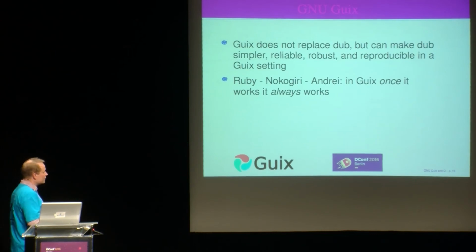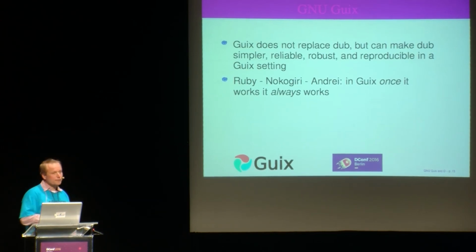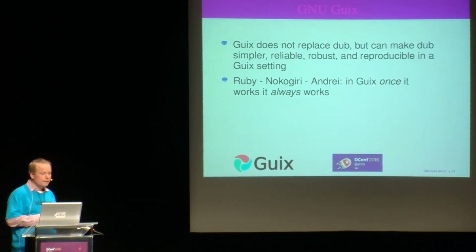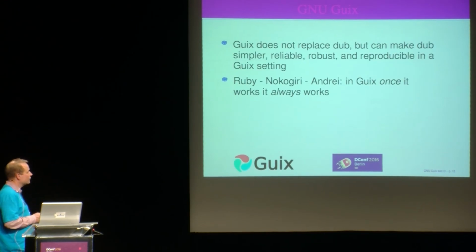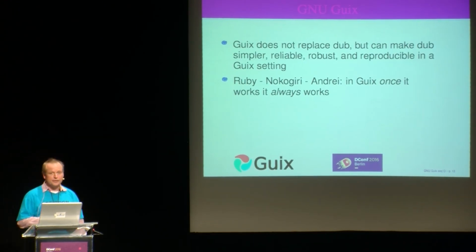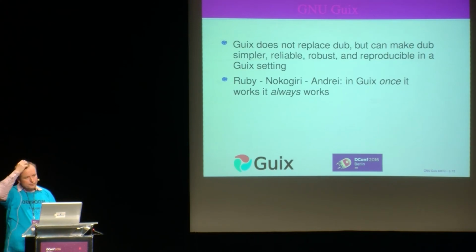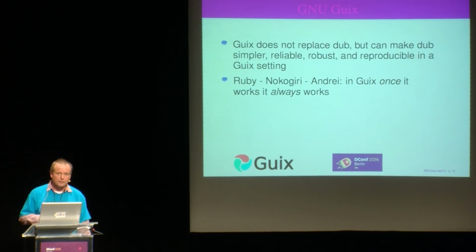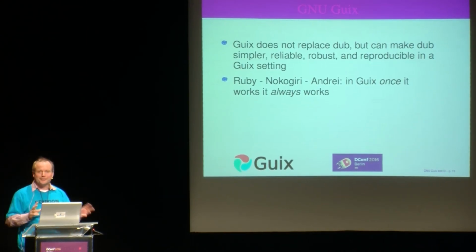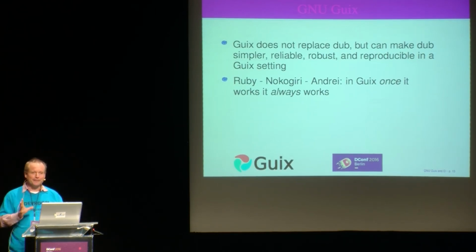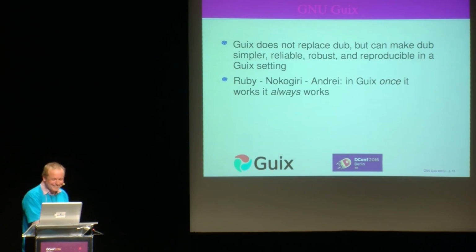So Guix does not replace DUB, but it can make deployment, I think, simpler already. Reliable, robust, reproducible, especially in a Guix setting. And Guix currently targets mostly Linux. There's just a port being made for Windows, and the BSDs are coming up soon. The one thing about GNU projects is they move slowly, but they move. It's a good thing. Anyway, so